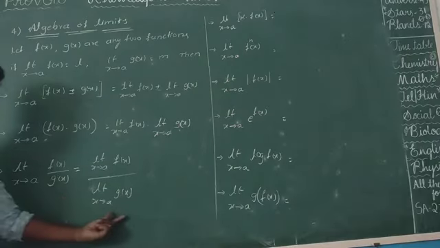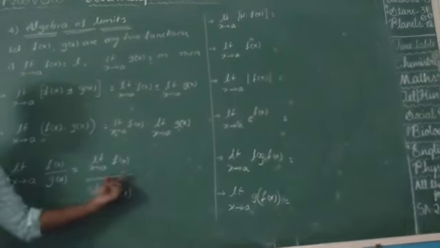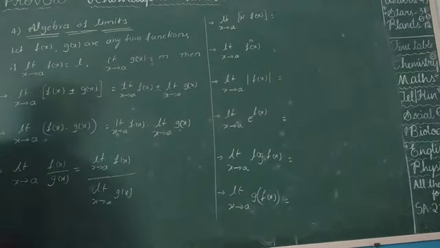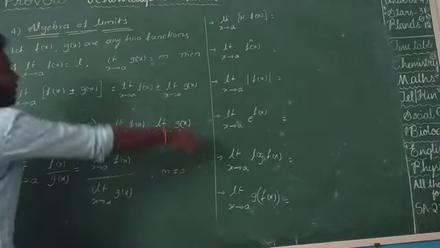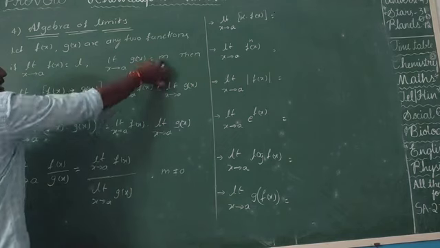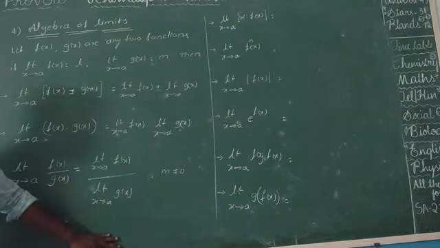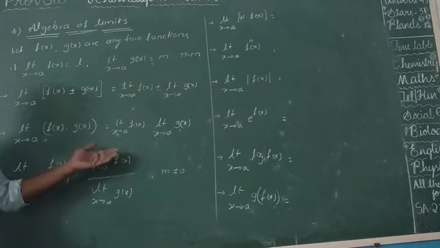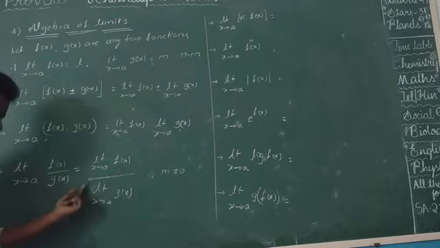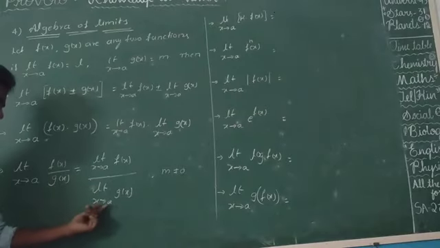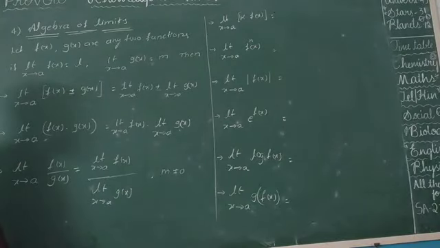Now here the limit of the function is in the denominator, so this should not be equal to 0. That's why it will be defined. So the condition is M is not equal to 0, where M means the limit of this function is M. If it becomes 0, the ratio is not possible, it is not defined, because anything divided by 0 is undefined. That's why it should never become 0. So limit x tends to a, g of x must not become 0. That is the condition that holds in the division of the two functions.